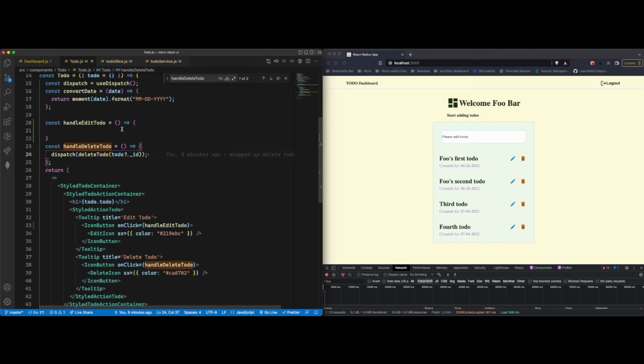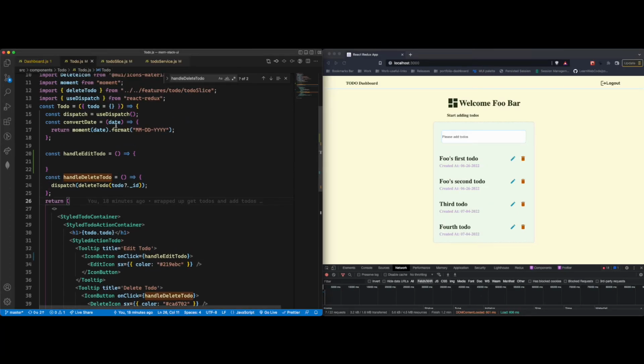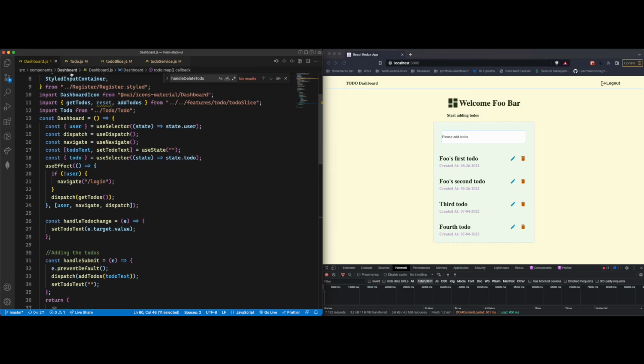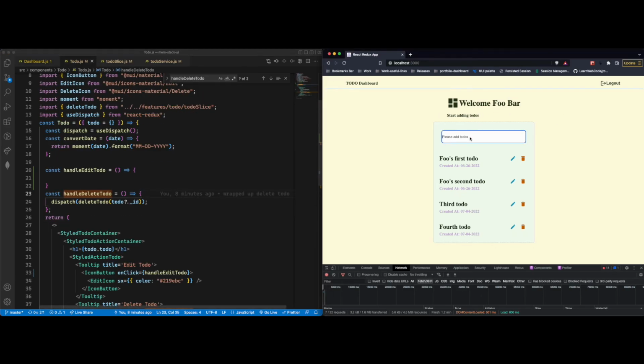So we're going to use some props magic to do that. I'll show you in a second how we do that. Let's go to dashboard. So in order to make it change, like every time we click the to-do, in order